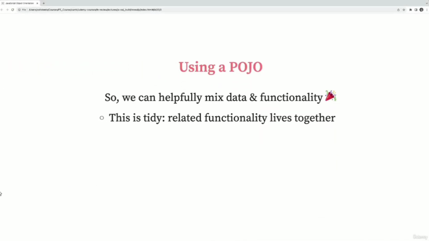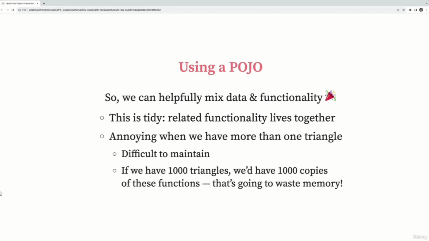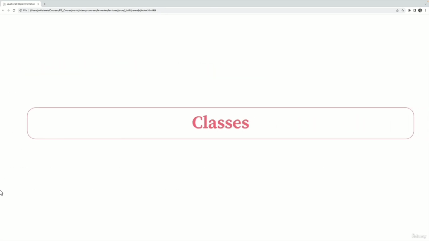It does help us mix data and functionality. Related functionality lives together, but it's a pain. When we have more than one triangle, it's difficult to maintain. We'd need 1,000 copies of these functions if we have 1,000 triangles. It's a waste of memory. It's a waste of space and time for us to write. So we do have a better option that we'll see in the next video that allows us to combine functionality with data using